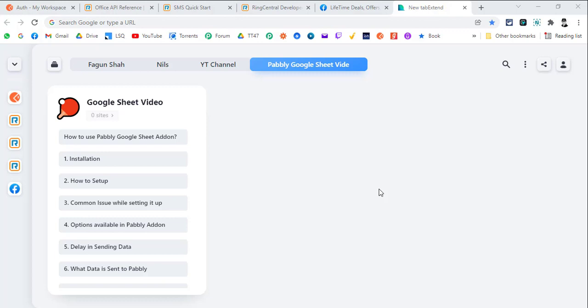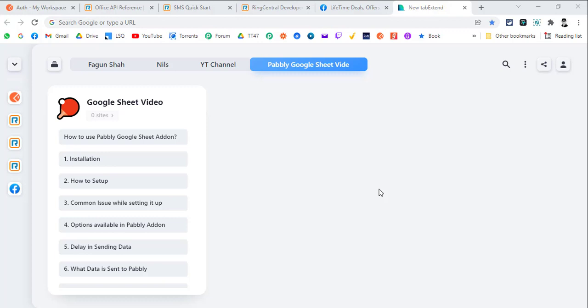For example, someone submits a Typeform and the entries are going to Google Sheet automatically, and you want to send those entries from Google Sheet to somewhere else, or someone is collecting Google Form responses and you want to send those Google Form responses to a Pabbly Connect workflow and then send them reminders or anything else.